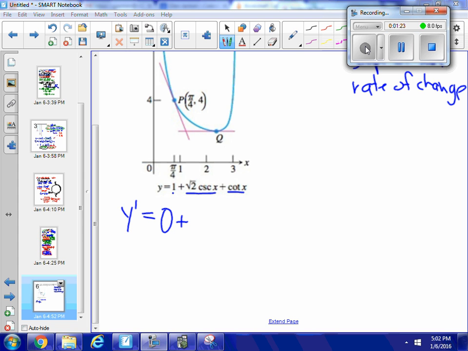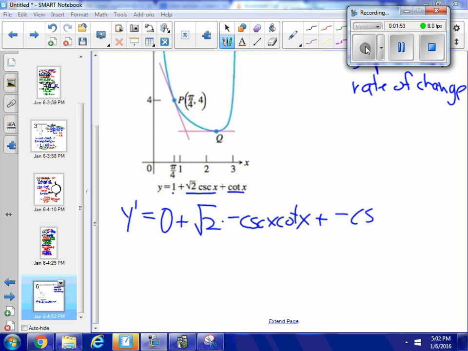The derivative of radical 2 cosecant x is radical 2, so I just pulled the radical 2 to the front of the derivative, times negative cosecant x cotangent x, that's the derivative of cosecant x, plus